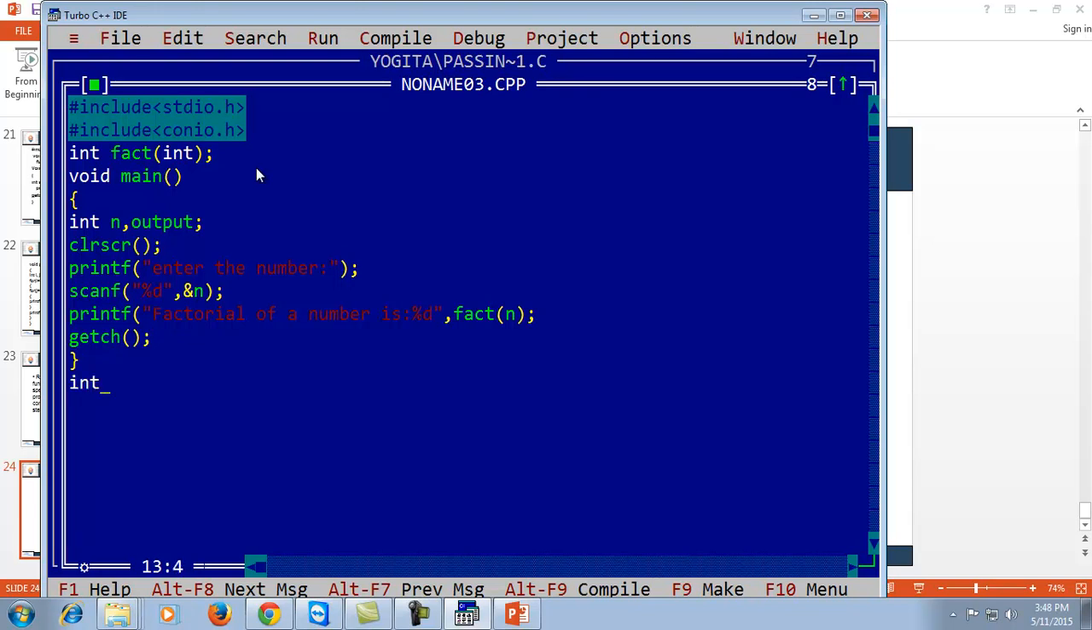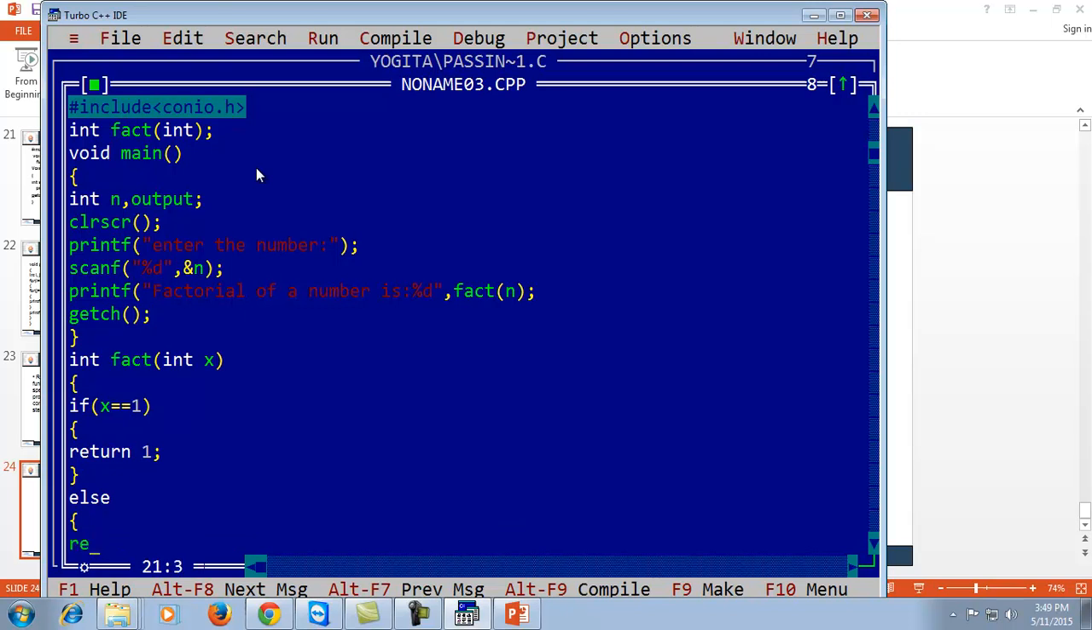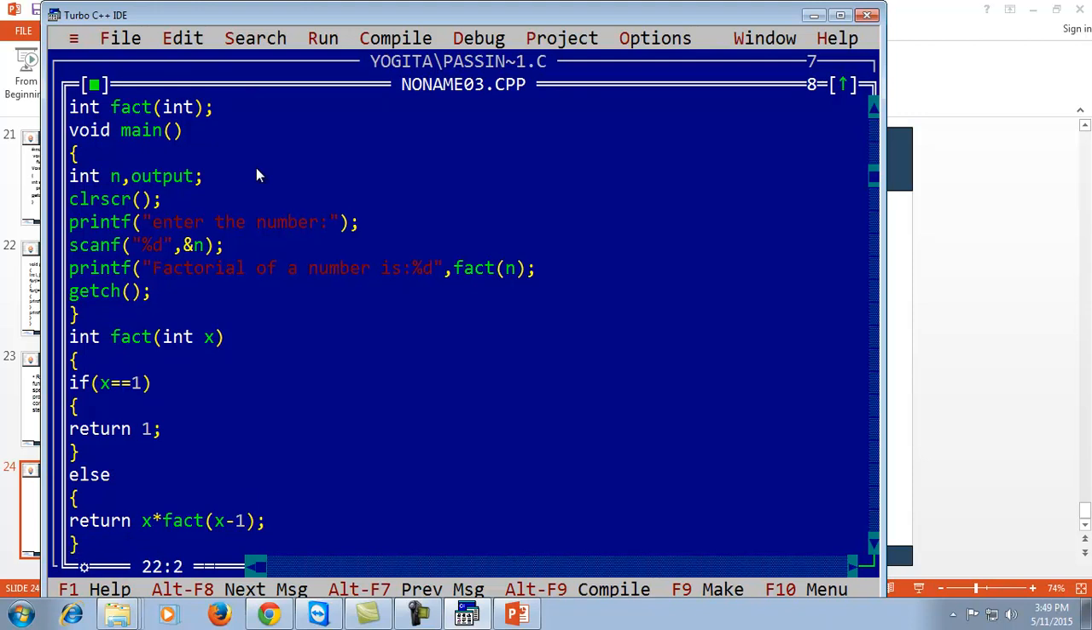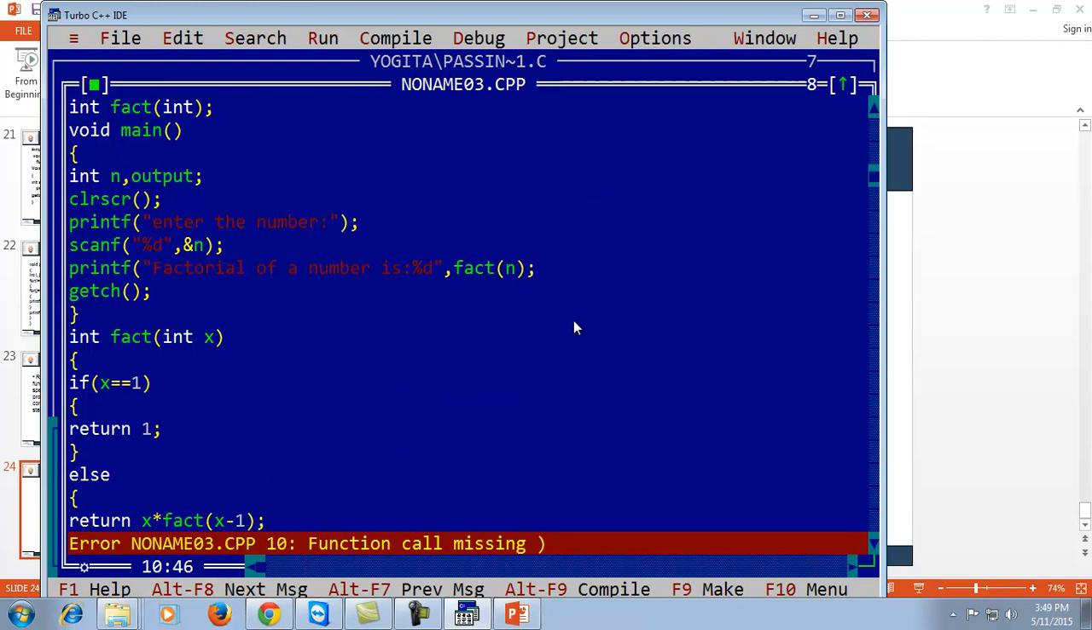Then making the function fact, producing an if condition: if x double equal to 1, return 1, else it will call the function again. Return x into fact of x minus 1. So this is called recursion, where the error is